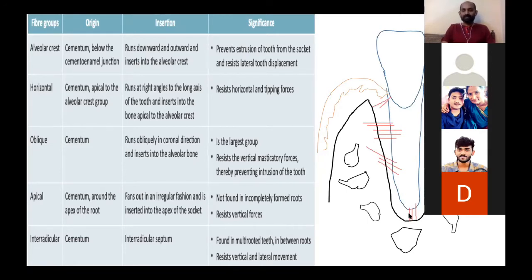So when the question is on principal fibers of the periodontal ligament, what you're expected to write is that collagen is the principal fiber, which is grouped into different groups and then termed as principal fibers. Then you have to mention all these fibers. This chart format with a diagram is more than sufficient for you to fetch good marks. And one more important thing: the principal fibers are also called the alveolo-dental fibers. It can also be asked by that name.